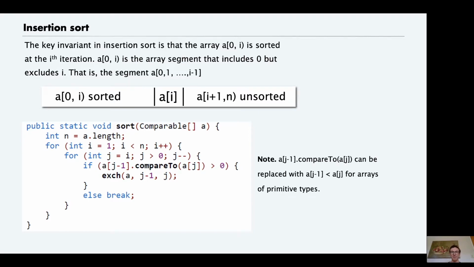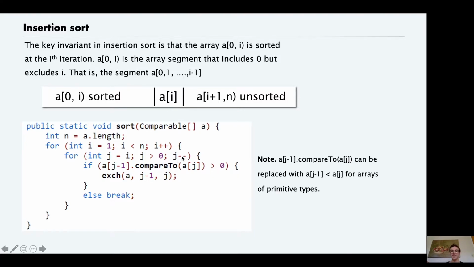Then within each step, we want to take the element at index I and shift it over through a series of exchanges until it is in the correct position in the sorted list. So we'll start at index I and work backwards,